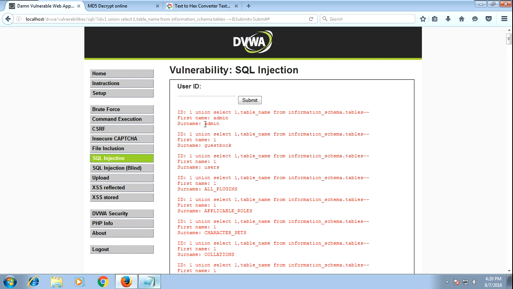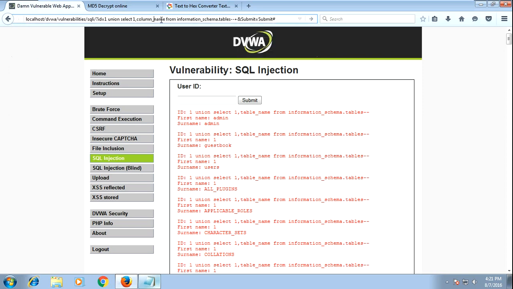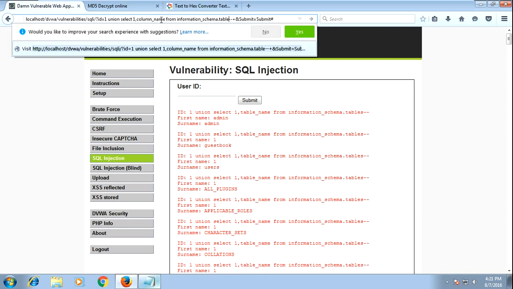So this is the admin table, this is the guestbook, users, all plugins, application roles. These are the tables in the database. We must go to the users table because we want the user credentials, right? So select table name. Now we want the column names, right? So column_name from information_schema.columns